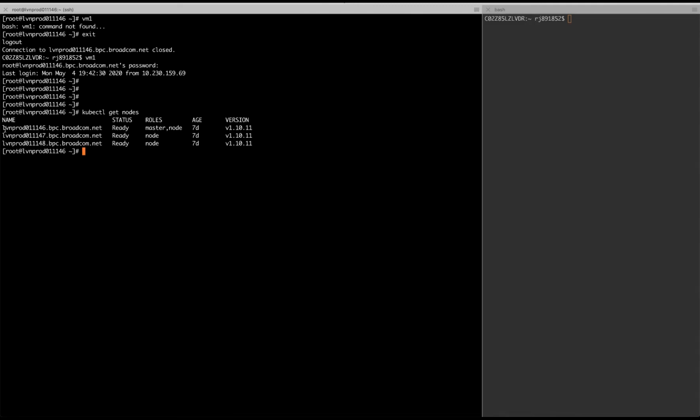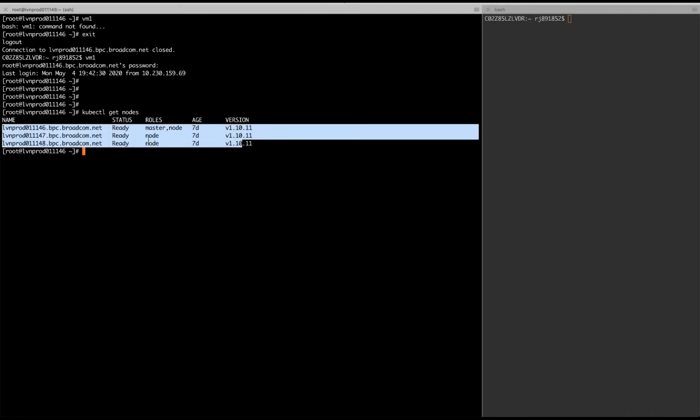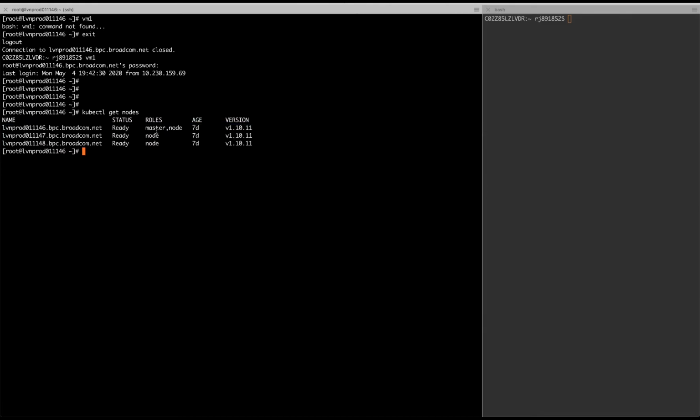And you can see I have a 3-node cluster. You may remember that 46, 47, 48 are the same nodes that we just saw in APM metric view. And for the purpose of my sample application, my master node is also allowed to deploy pods because it is labeled as node.